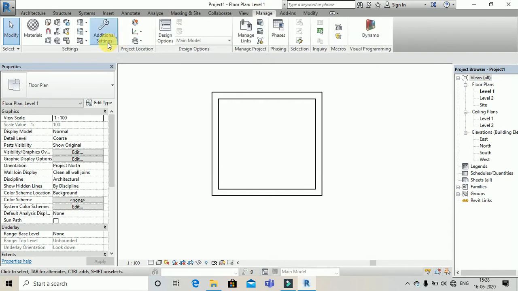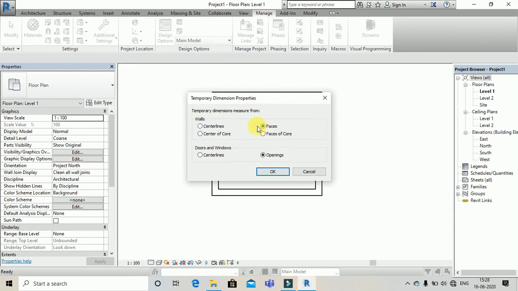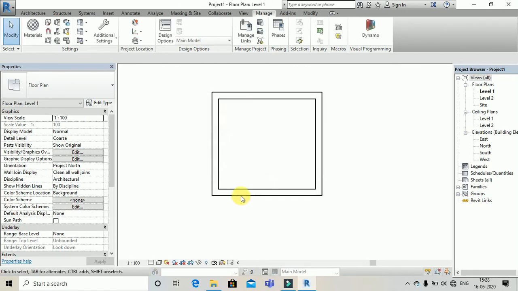We can set the dimension: go to manage, additional settings, temporary dimension, change the temporary dimension to faces and doors and windows to openings, and click on OK.